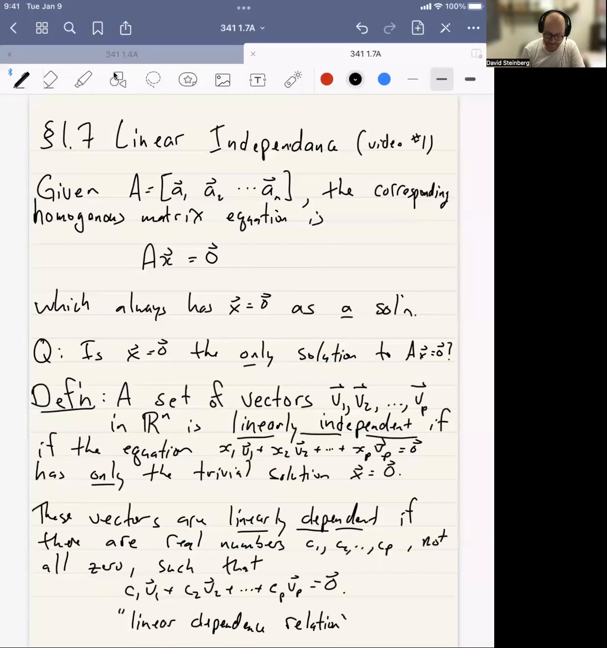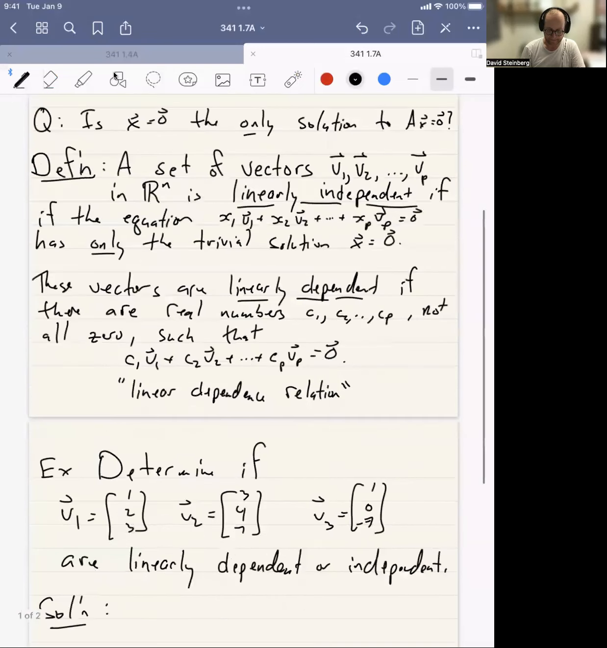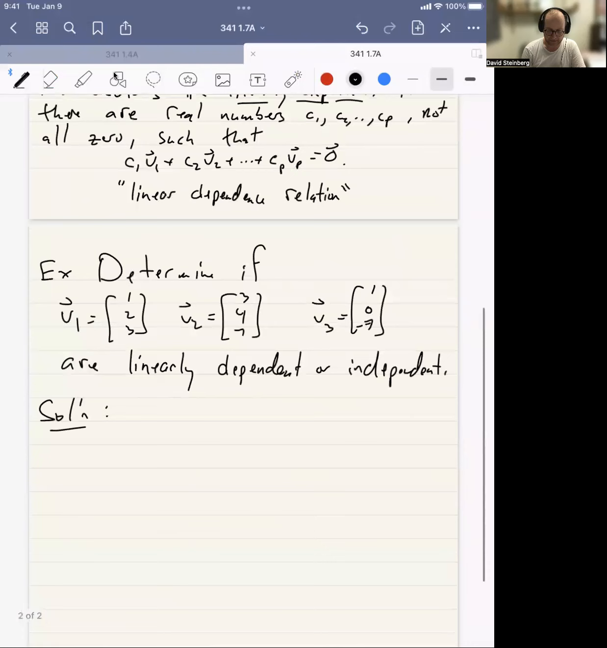Let's take a look at an example and make this more concrete. Let's determine if the given vectors (1, 2, 3), (3, 4, -1), and (1, 0, -7) are linearly independent or linearly dependent. We've been given some new vocabulary, but it really boils down to solving systems of equations. We want to solve c1 v1 plus c2 v2 plus c3 v3 equals